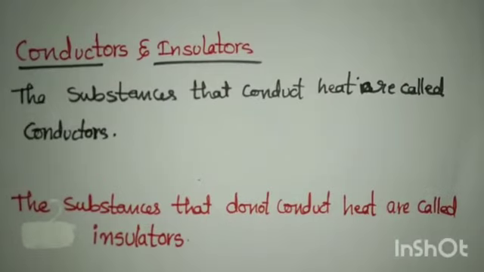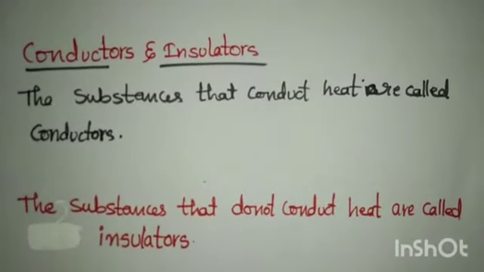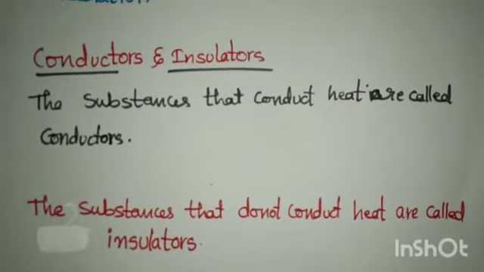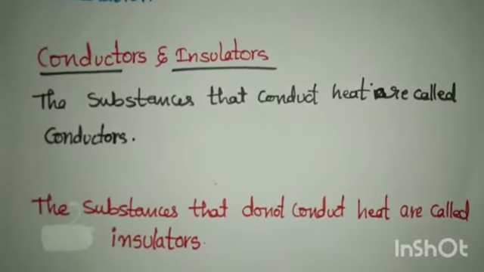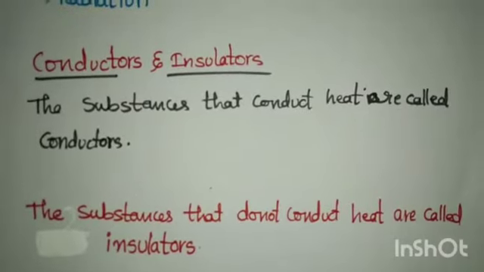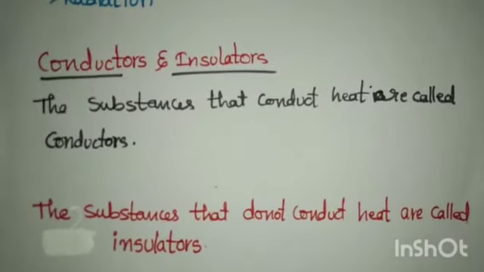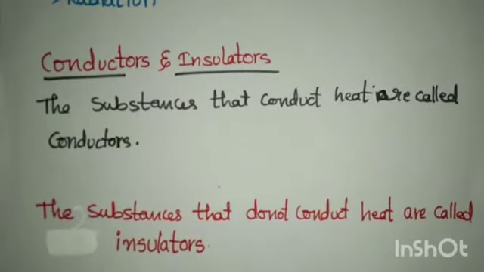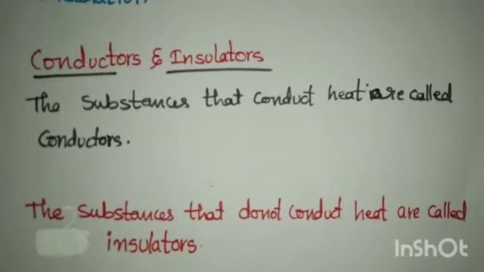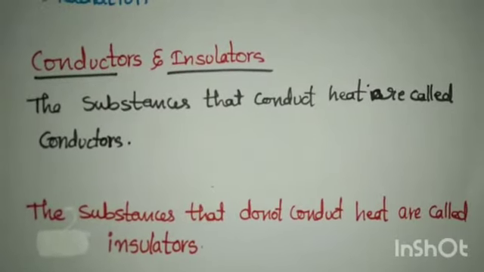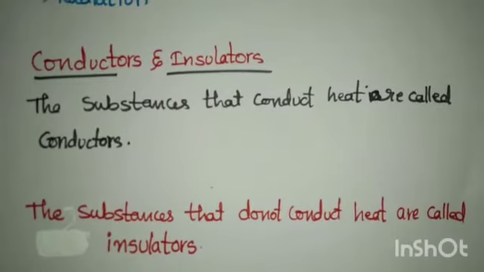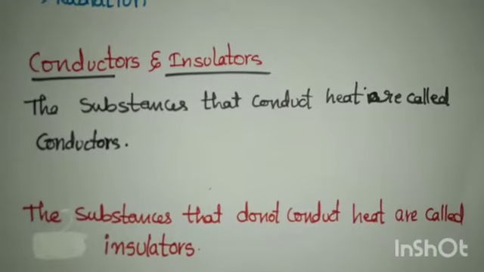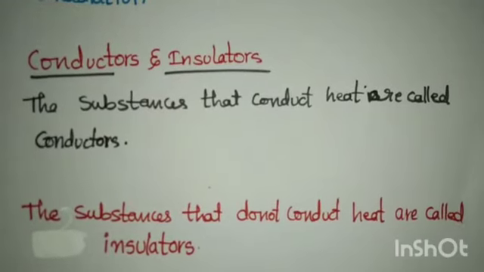We use both conductors and insulators in our everyday life. Bricks, mud and concrete are all insulators, so we use these in building houses. Vehicles carrying inflammable materials are covered with insulating materials like asbestos. Next one is wool. Wool is warm in winter as the pores in the wool trap the air, which is a bad conductor of heat, so it keeps us warm.